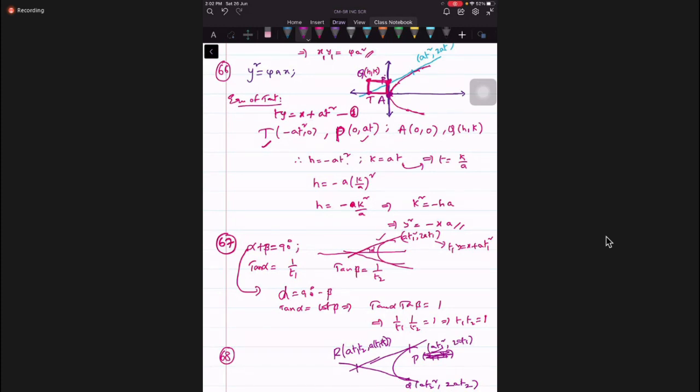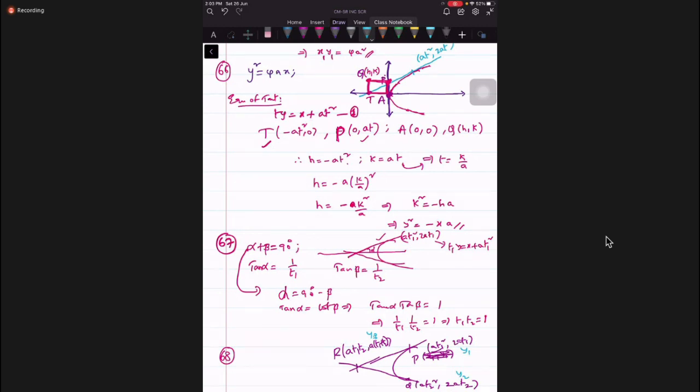Okay. Now what is your question? This is Y1 they are taking in the question, this is Y2, and they are asking about Y3. Y1, Y3, Y2: Y3 and Y2 are in AP. Yes or no, students?